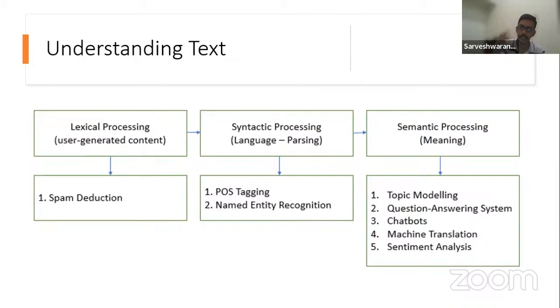So here, in the syntactic processing versus the lexical processing, if I have an example, my cat ate its third meal, and there is another sentence, my third cat ate its meal. Syntactically, these are two different sentences. If I use lexical processing, it doesn't know the difference between the cat ate its third meal and my third cat ate its meal. They both are the same for lexical processing. When I use syntactic processing, it knows what's a verb, what's a noun, what is a noun phrase. So it can actually find the difference between the first sentence and the second.